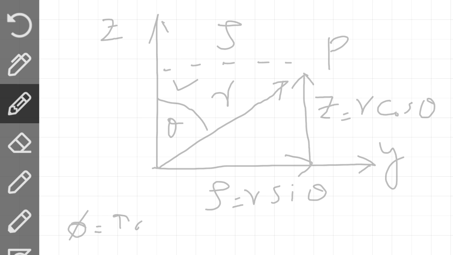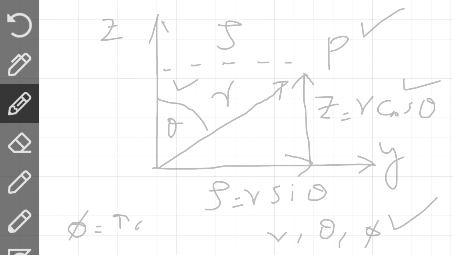Z will be equal to r cos theta. So you see, it's pretty clear from this diagram that rho is equal to r sine theta, and z is equal to r cos theta. So if r is known, theta is known, and phi is known, we can draw the same point with the help of these three